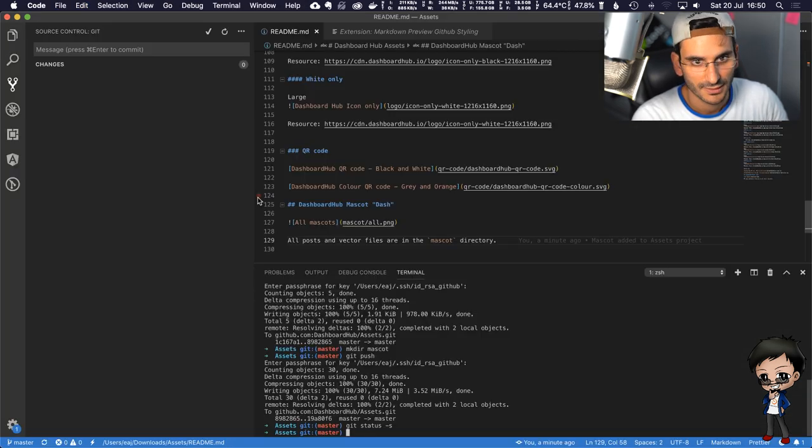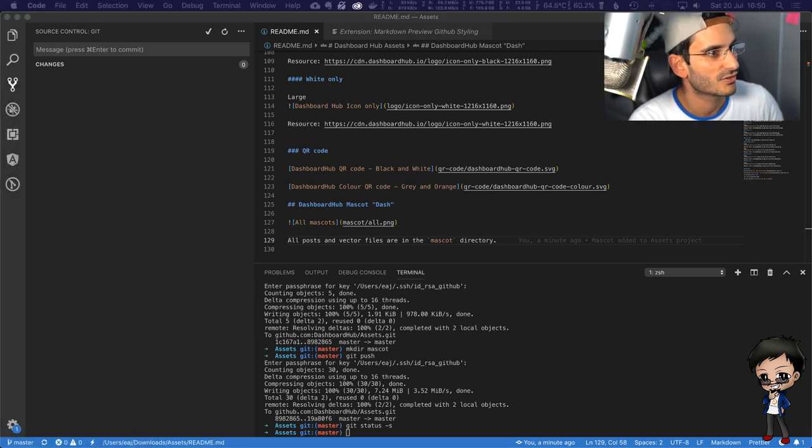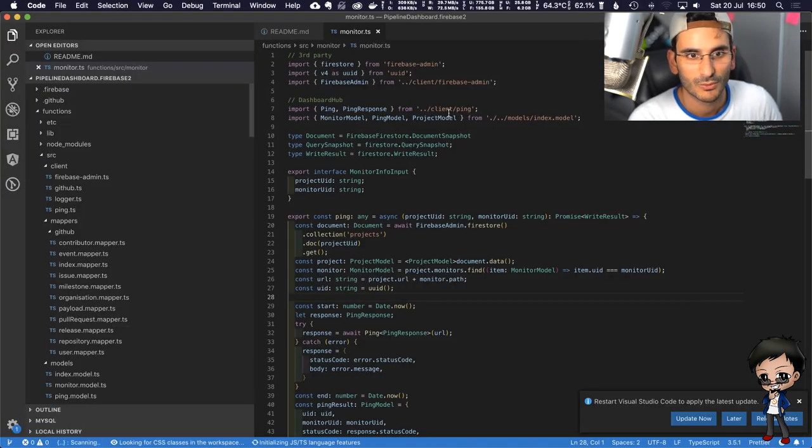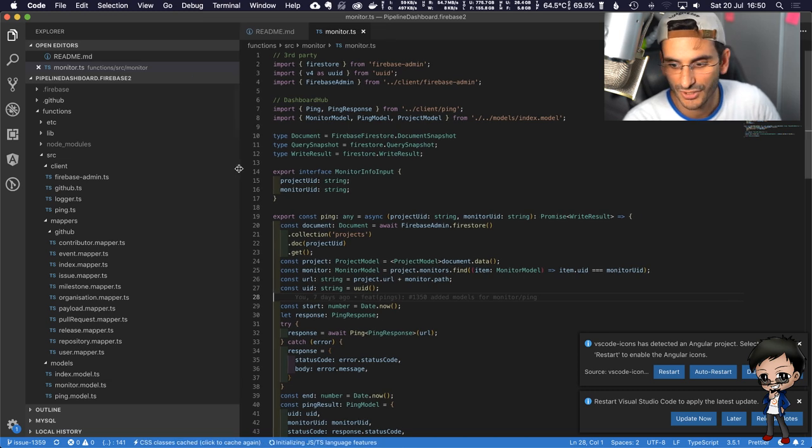Let me change to that branch and open an IDE. Let me open VS Code for that branch. I'll just bring it over to the screen. And let's have a look. I just want to try some new things. Again, I don't know if what I'm saying is better or worse, it's just an idea.